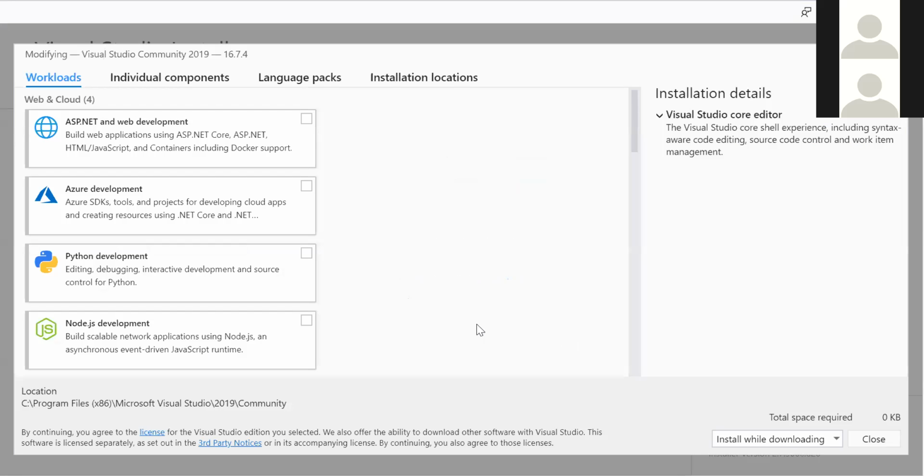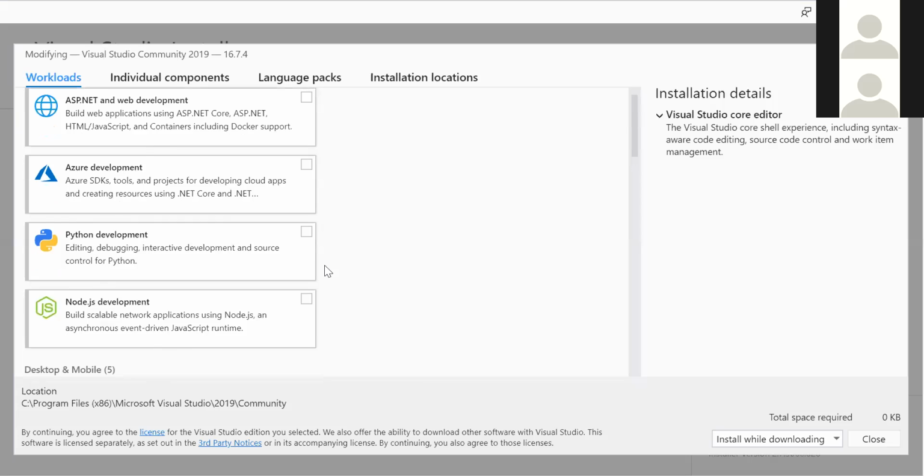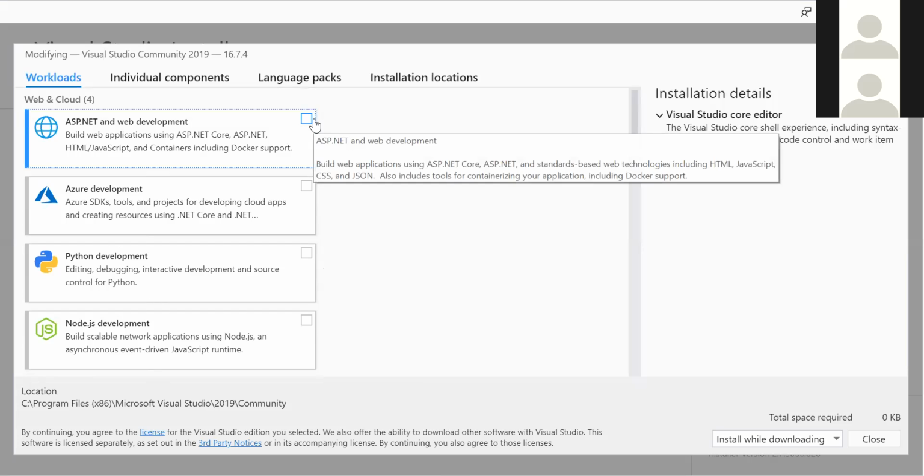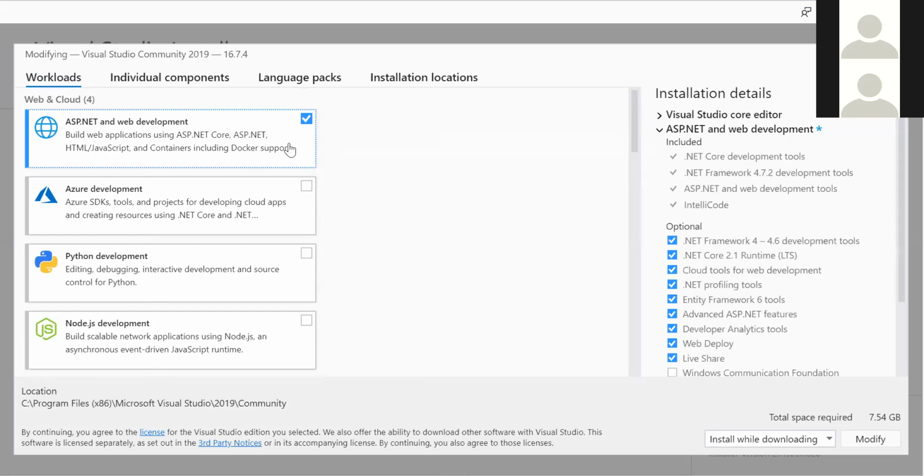What it is saying is, can you see the screen now? Okay. Here you see this is ASP and .NET option, right? At the top. Yeah, can you select that? Okay. Yeah, select that and then come down,